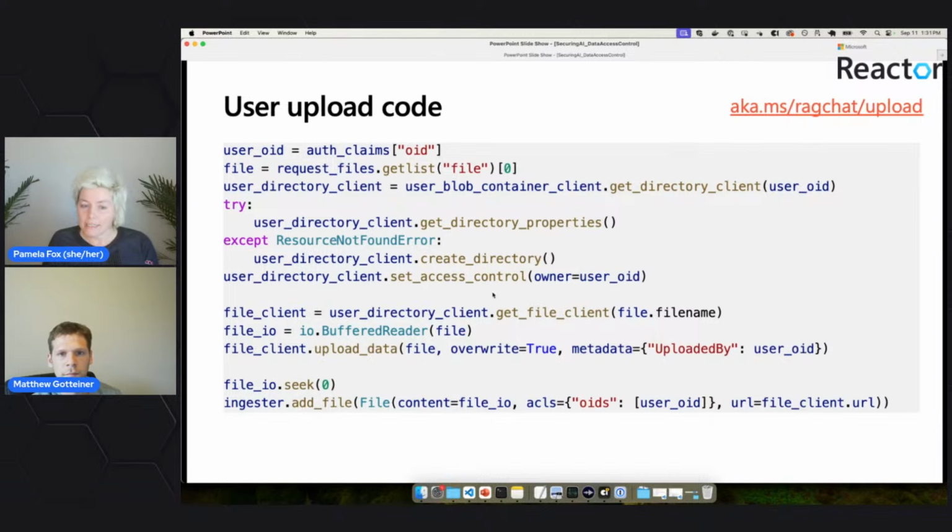We set the access control of that directory to the current user and say, okay, this user is now the owner. And then finally, we upload the file and we set the ACLs on that file, and then also ingest that file and set the ACLs. So that's the simplified code, and it's actually not even that much more complicated in the code itself.